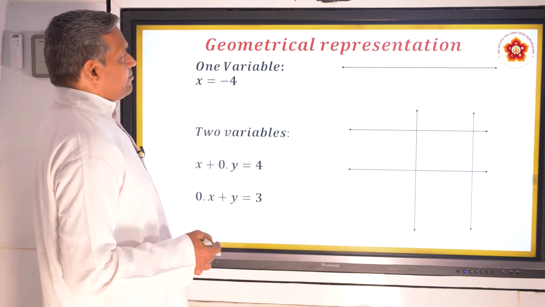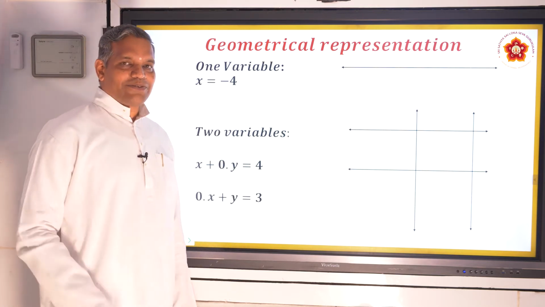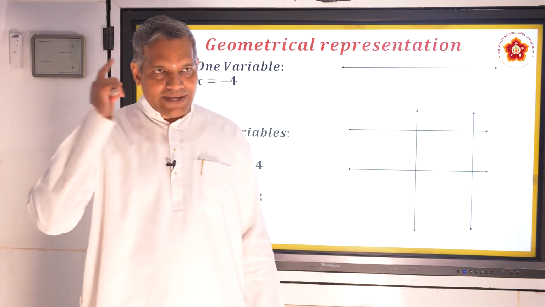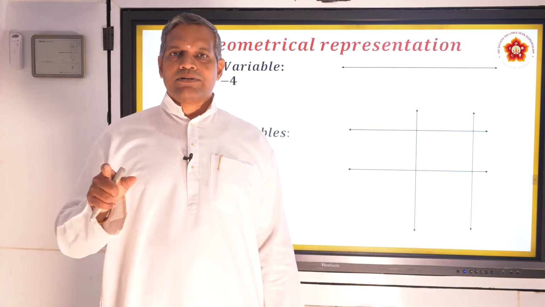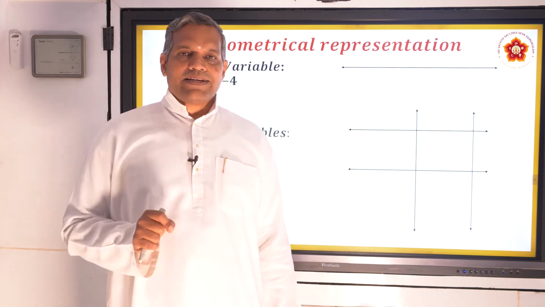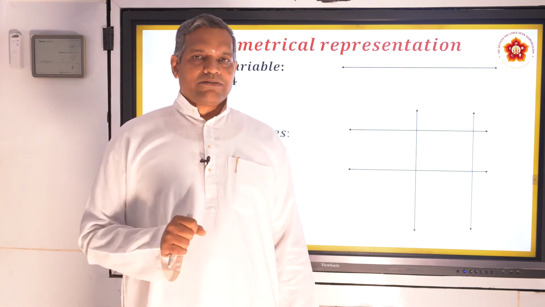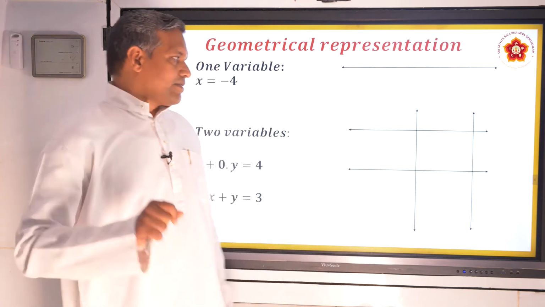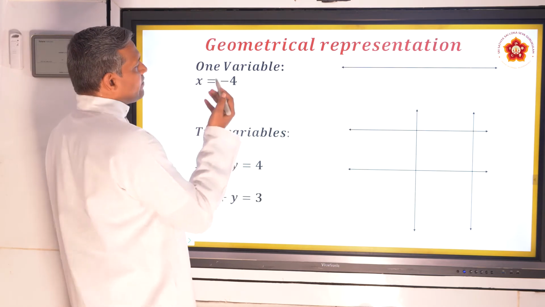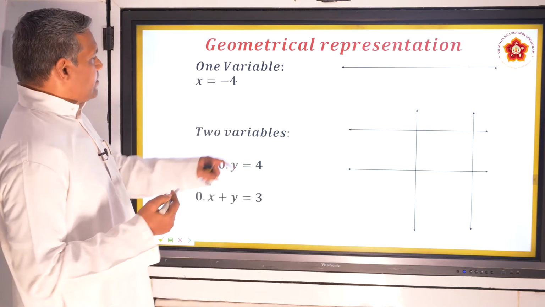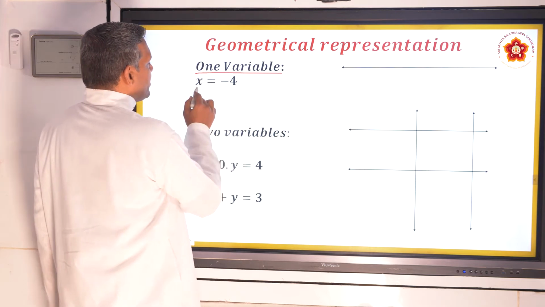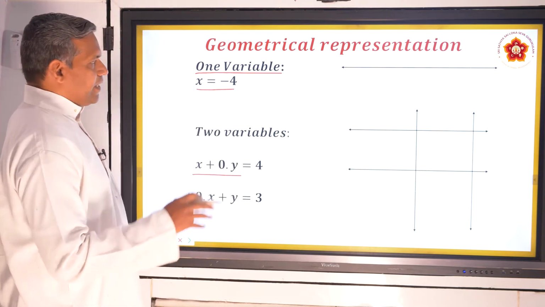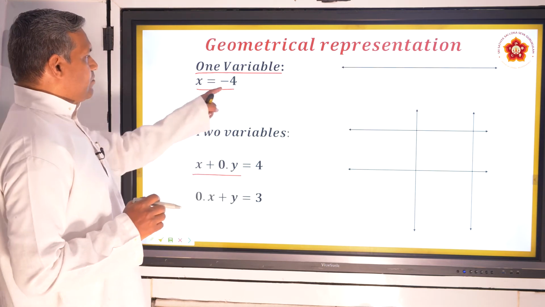Here, Cartesian plane. One more place, most of the students find difficult. Okay, I got a linear equation. How do I represent these linear equations on a graph? And how those points I'll get on a graph sheet is a basic doubt of any 8th student who is coming to 9th and who is dealing with it for the first time. So watch this easily. Now I've given one variable also, two variables also. One variable means I'm just taking only x now. Two variables means x and y both I'm taking. So let us take the x. So x is equal to minus 4.